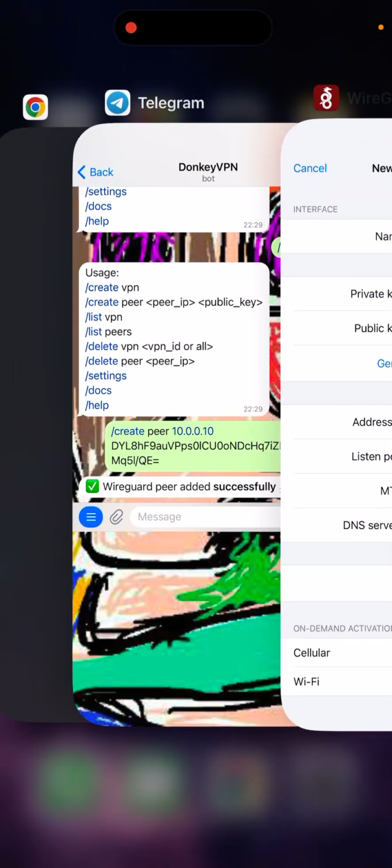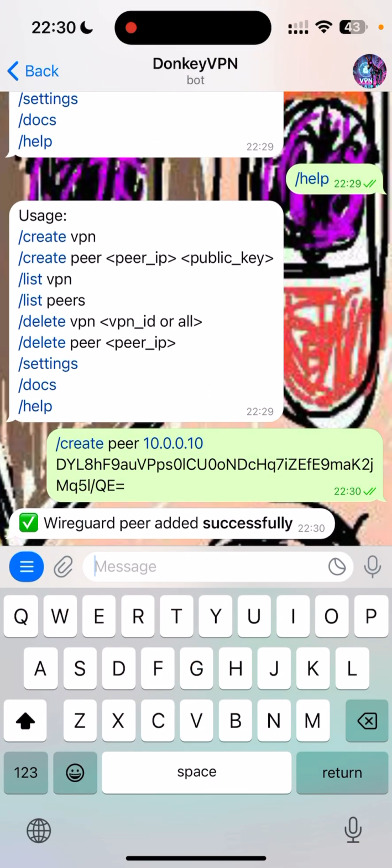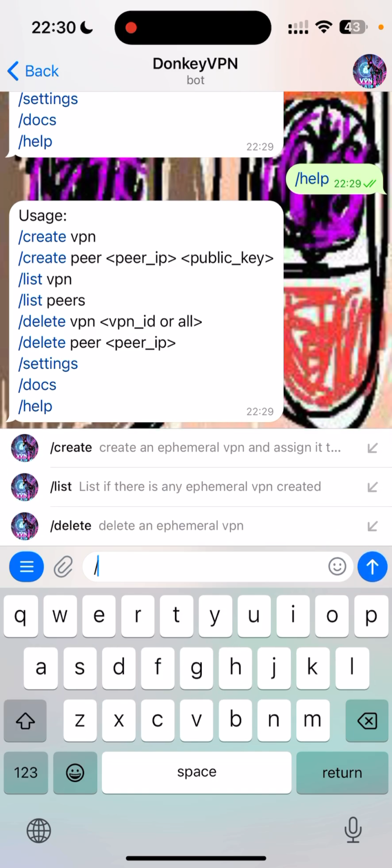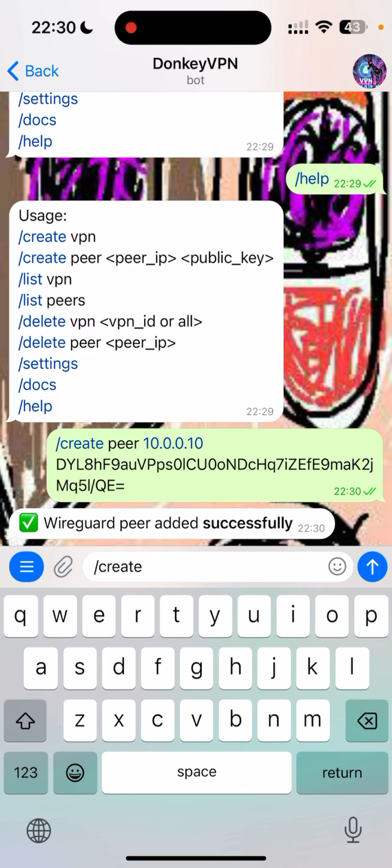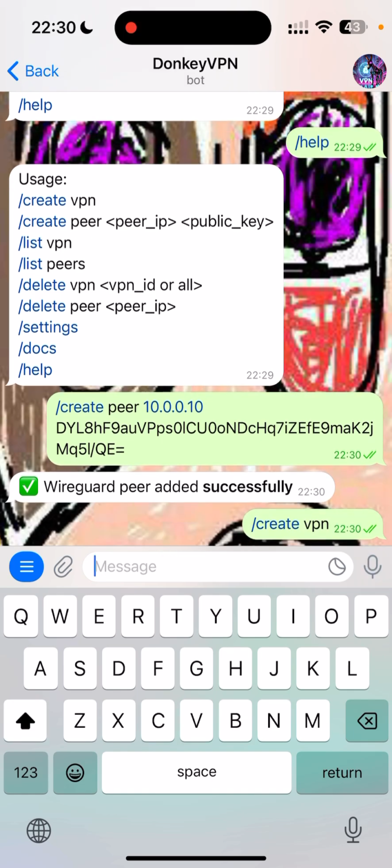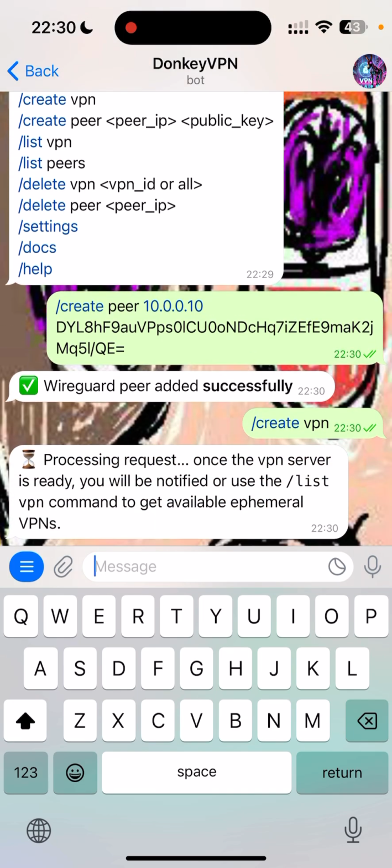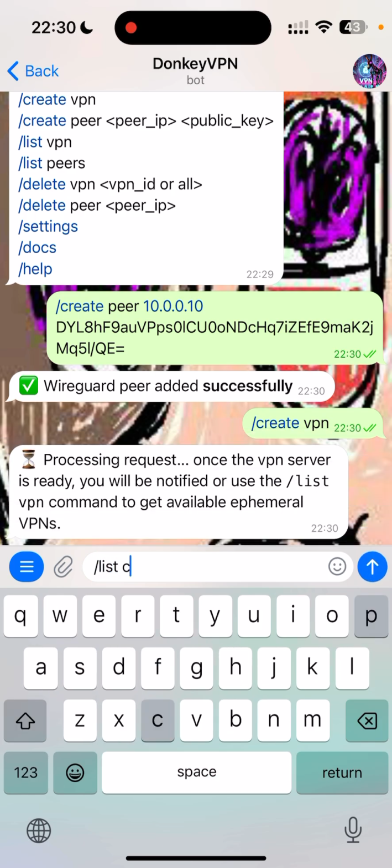So the next step is to create the VPN instance. We can create up to 5 instances. So I'm going to create that. In order to do that, we have to run the create VPN command, and that will start creating a new VPN server. If we run the list VPN command,